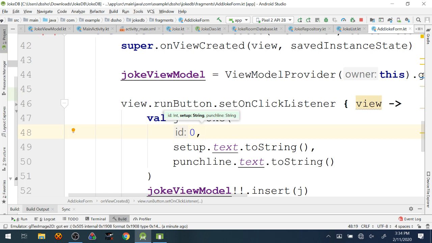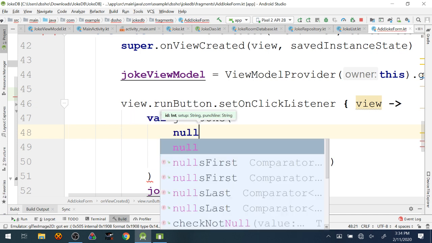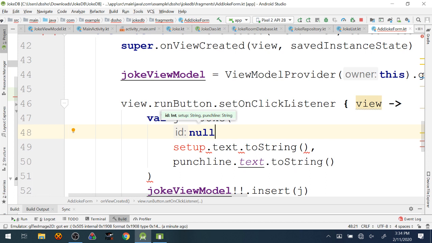Could you send in null? Could I set it to null? I don't think ints can be null. It does not like that. Oh wait, maybe if I put the comma? Yeah, it still does not like that. I think it has to be an int, right? I don't think ints are allowed to be null.